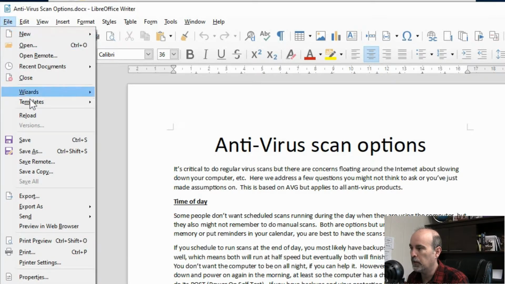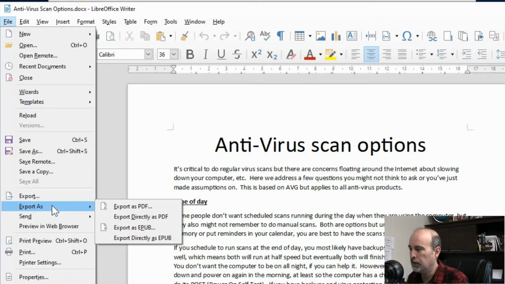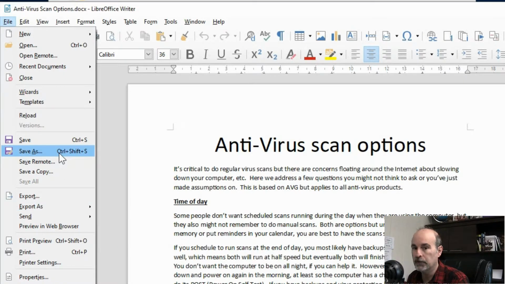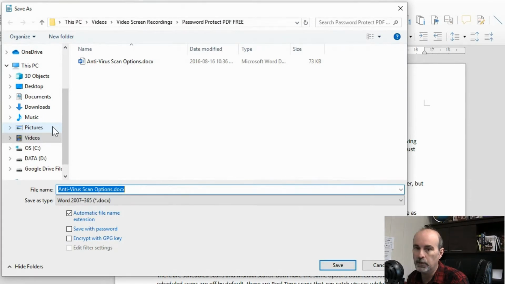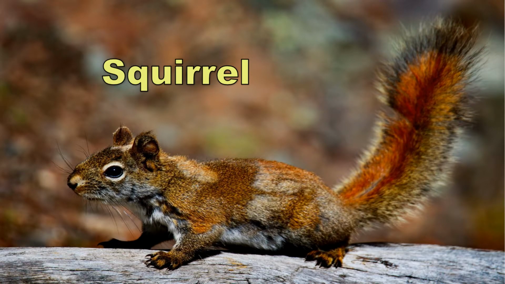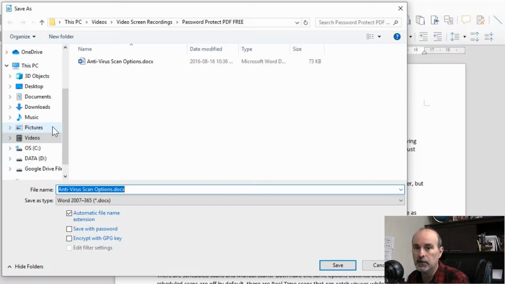We're going to go to the File menu, but instead of exporting as, because we're not going to export it as a PDF, we want to keep it as a Word document for whatever reason, if that's what you want to do. If you were sending it, you would probably create it into a PDF, and then you can export it to PDF, and same procedure as I just showed you, export as PDF. But we're going to go to Save As. Now you can already see it here, there's Save with a Password.